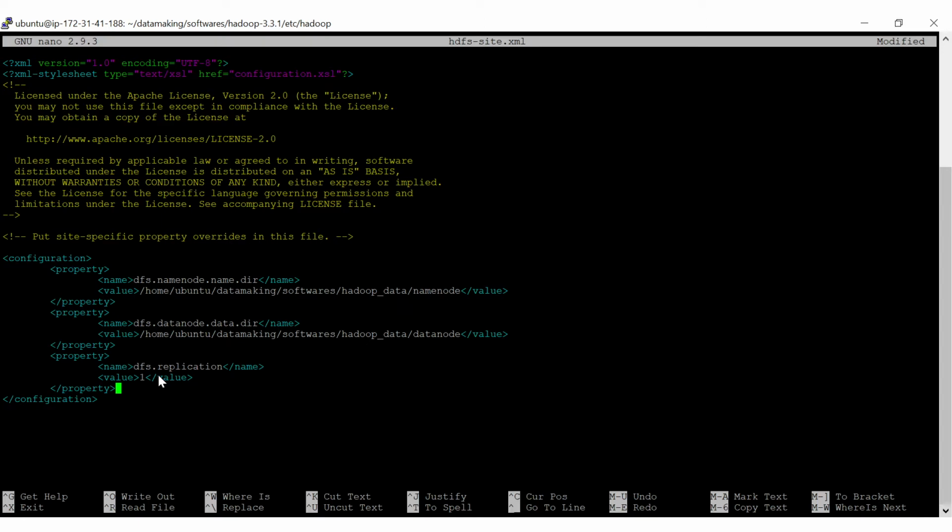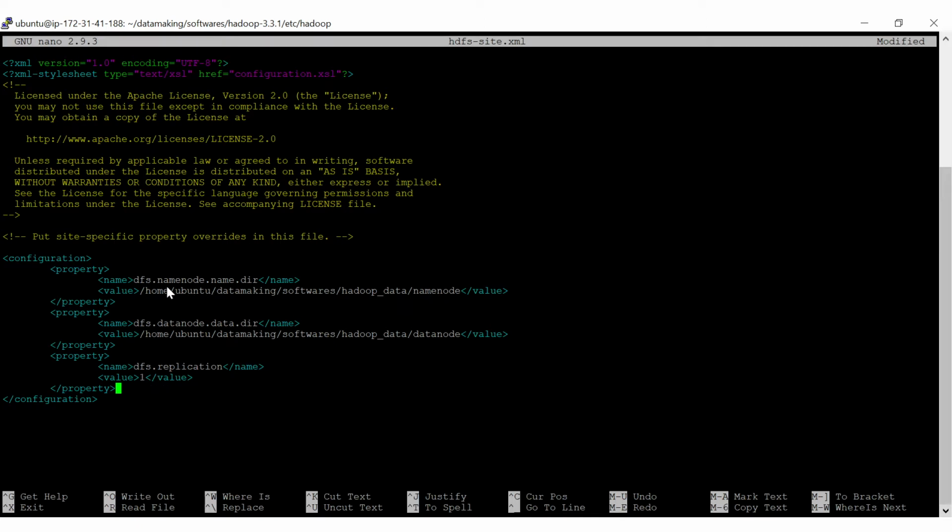If you specify 1, there won't be any replication or duplication of your blocks. If your replication factor is 3, you will always have 3 copies of a single block in HDFS. Since this is a single node Hadoop cluster, we are using replication factor 1.